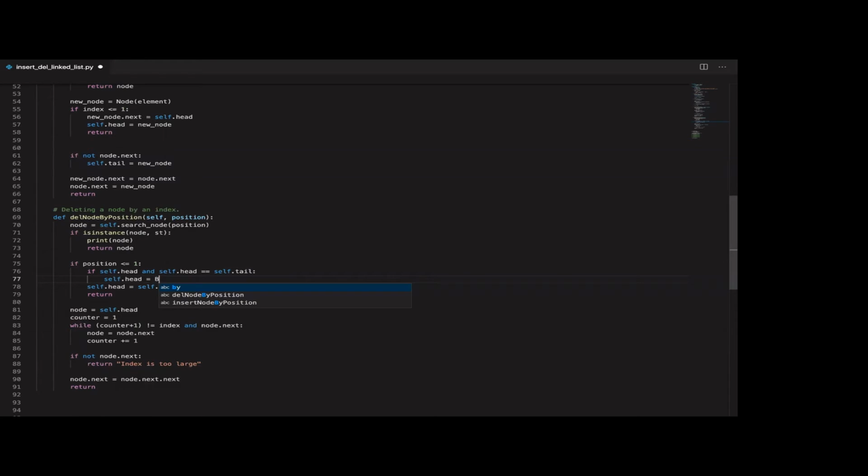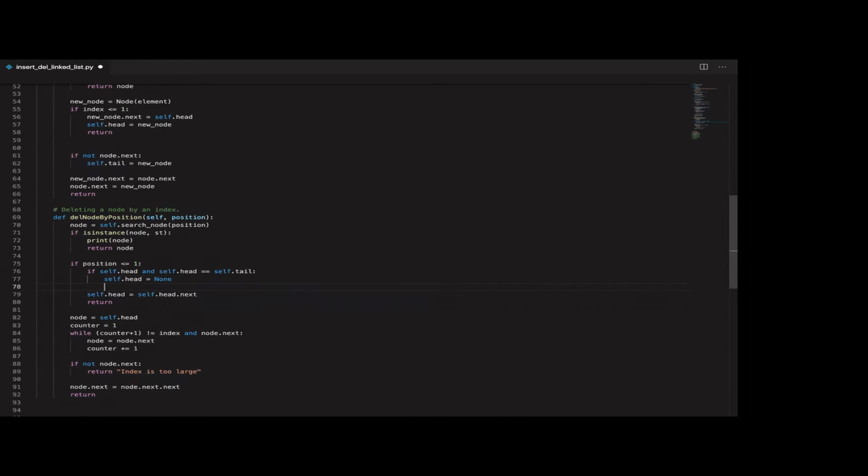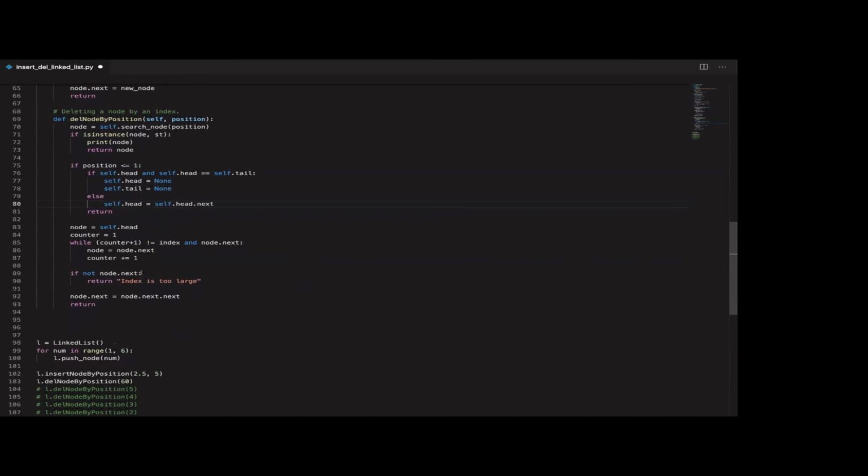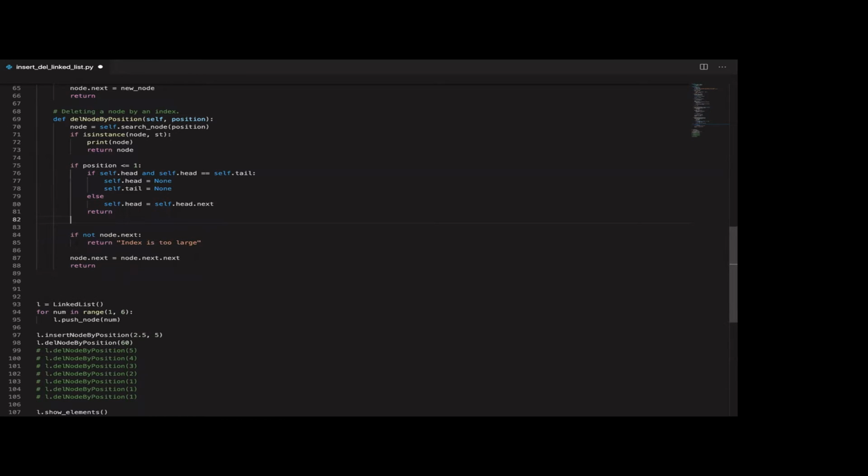Head is equal to none. And then self.tail is equal to none. And here we write else. And I think we don't need that since the search function has it for us. And if not node.next,